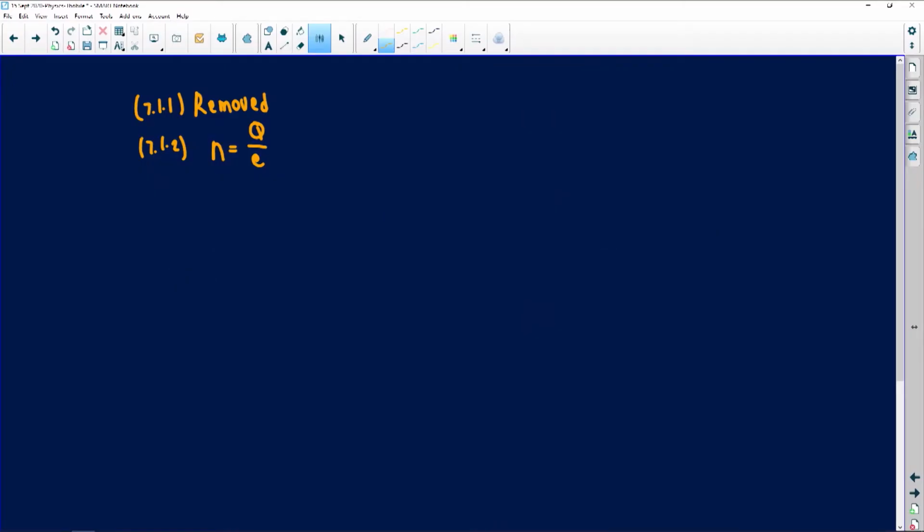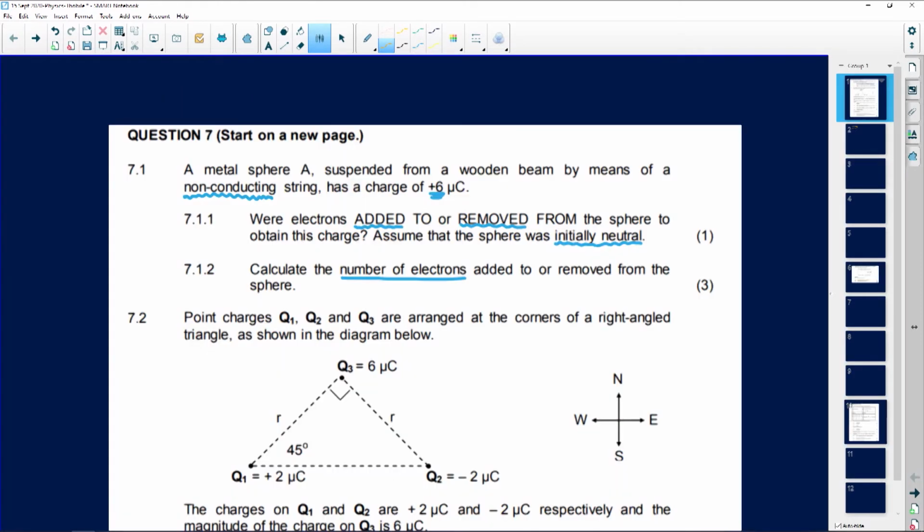In some places, you don't get a mark for using the formula, but in most places, you do get a mark for doing so. Now, also remember, if you are using a formula, it guides you to see what do you have and what don't you have. For example, in the first one, we know we have a sphere. N represents the number of electrons. A capital Q represents charge. Now, they told us that the charge of this sphere is positive 6